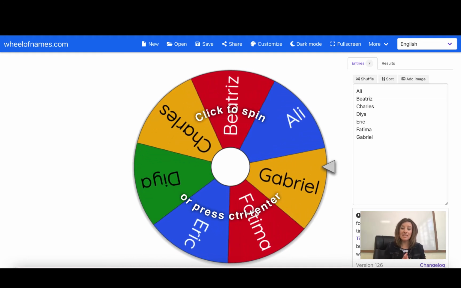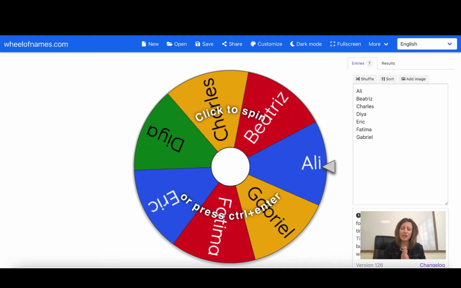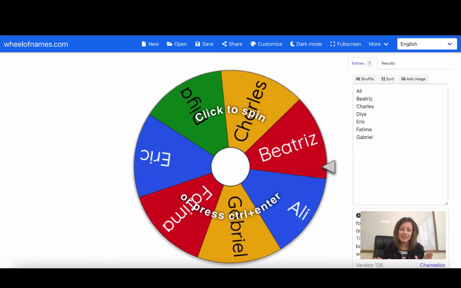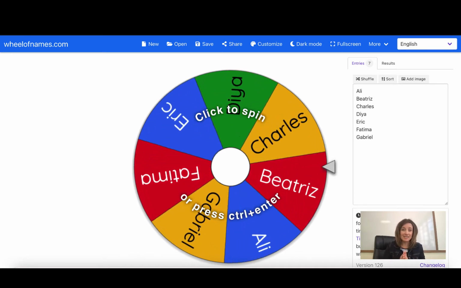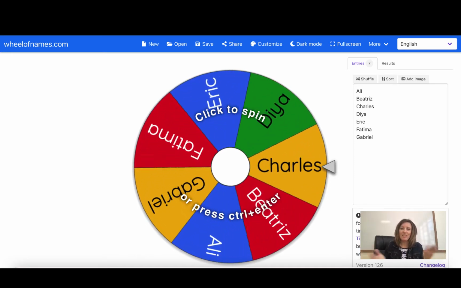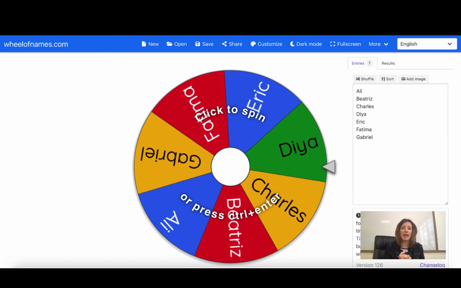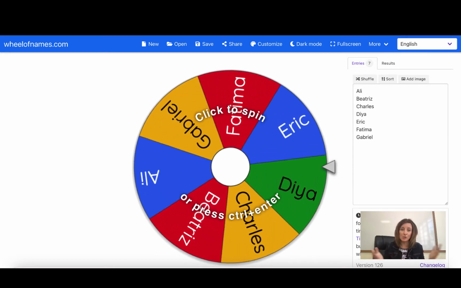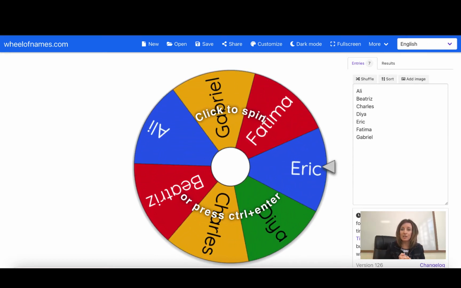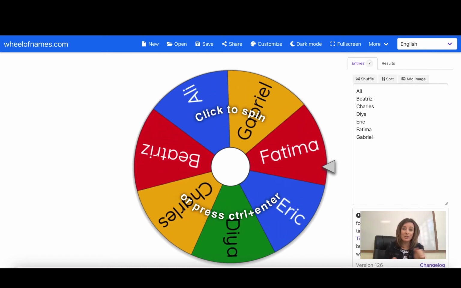Wheel of Names is a great tool that can be used in so many different ways. So basically what it is, it's a digital spinner. And so you can use it in a Zoom meeting if maybe you wanted to call on specific students by